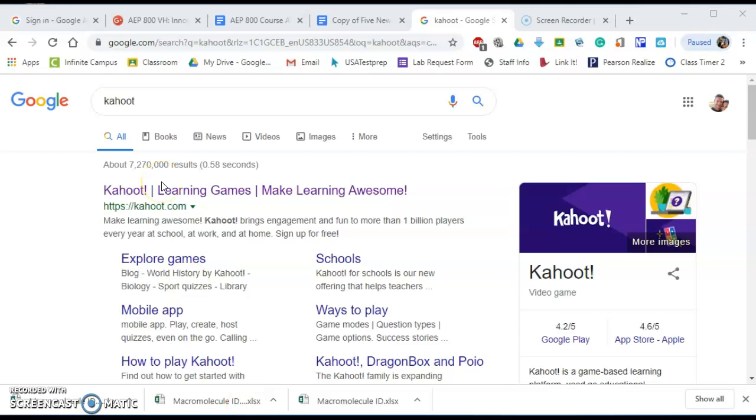Kahoot is something that my students are always asking for in my classroom. It's a great way to review. It's fun. Students can do trivia. It's an icebreaker. So go ahead and type in Kahoot into Google, and then if we click on the top link,